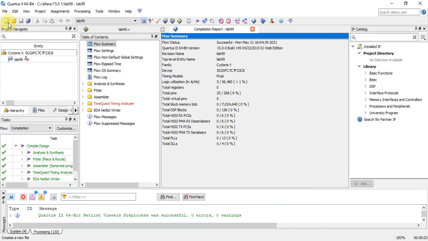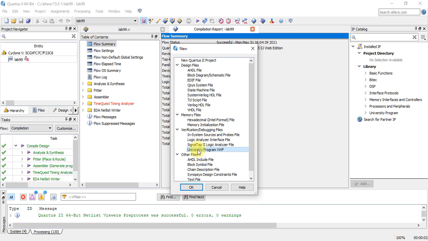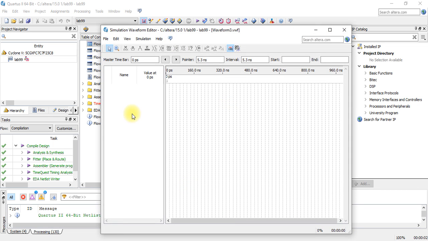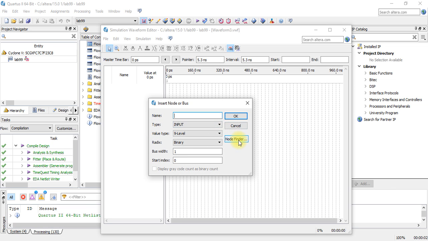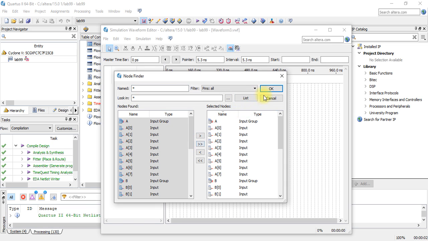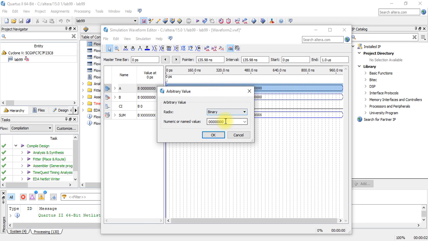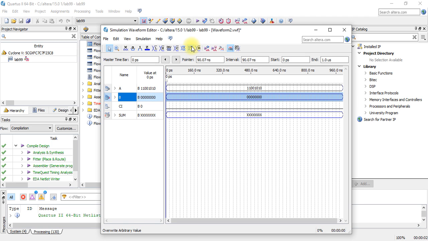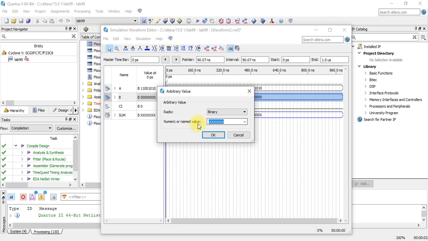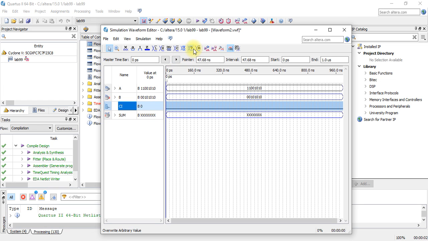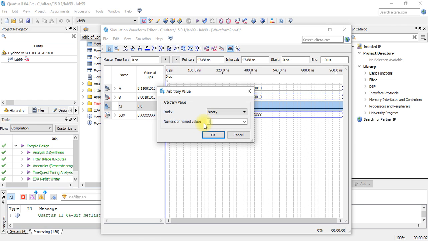Now let's verify the simulation part by giving the inputs. For that purpose, as you know, we need to find the nodes by listing them. By adding all the nodes, as you can see, we now have three inputs: A, B and carry in. Now we will give the value 11001010, as we already gave in our previous example. Now 00101010, and now we will add 1 as well. So carry in is 1.